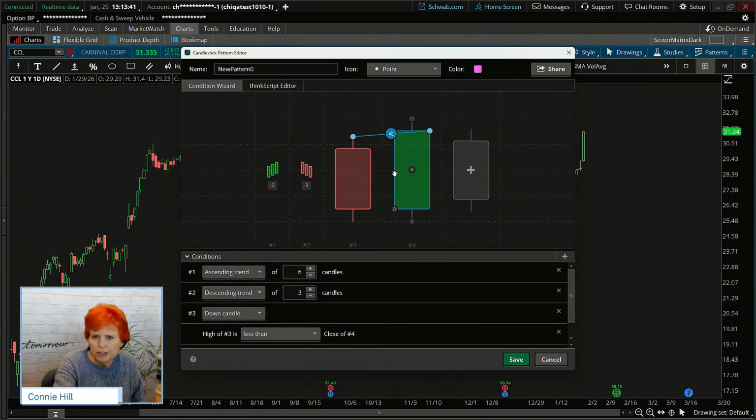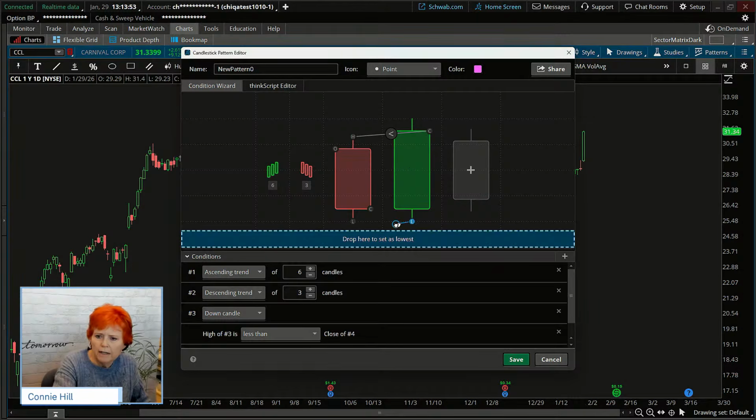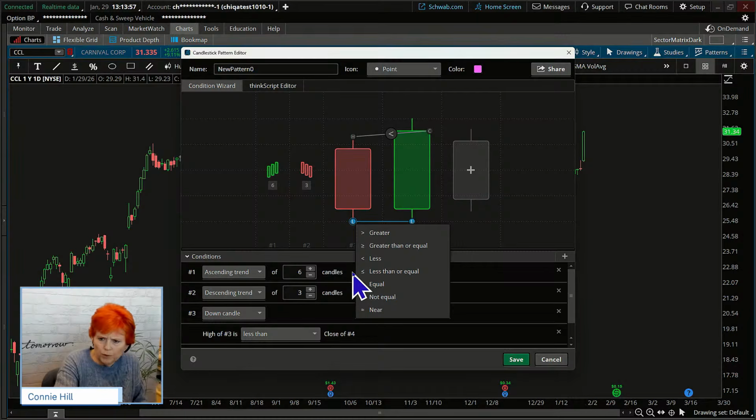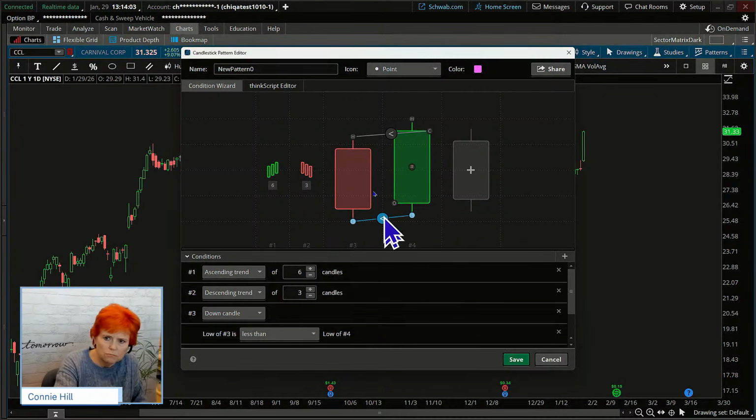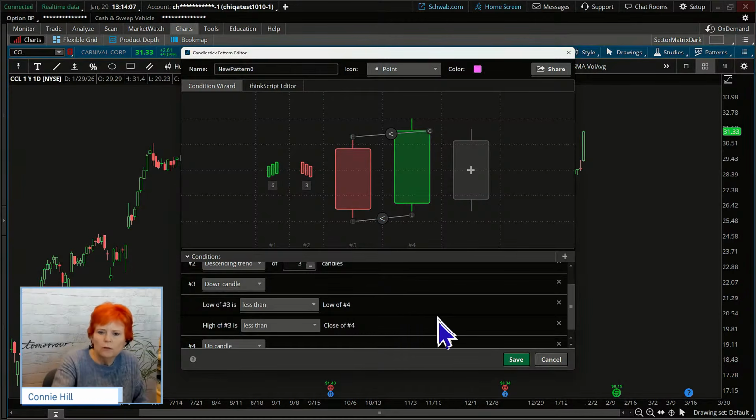Now, we also need to make sure that this is the low candle. So we're going to do the same thing. We're going to put a relationship between the low of the green to the red candle. So click, drag, and then we want this candle's low to be greater than the red candle's low. Now you can see down below here, it starts building this logic.